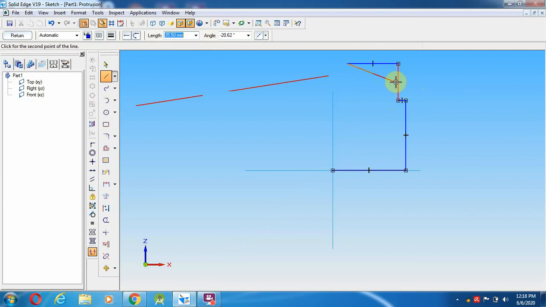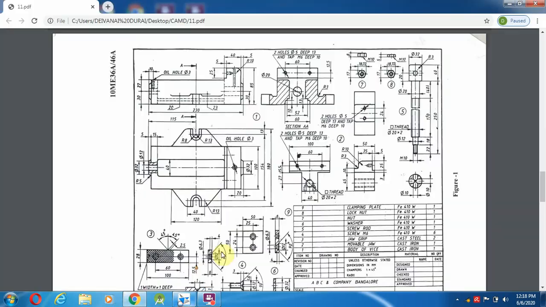Now we have already moved from here to here 5 plus 35, 40 mm. The total length is 50 mm, so the remaining we have to make. For this, what is the height over here? The total height will be 45 plus 3 plus 25, 45 plus 25, 70, 73.